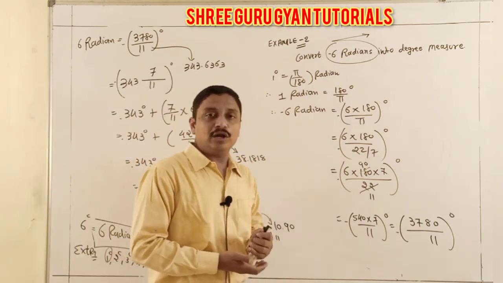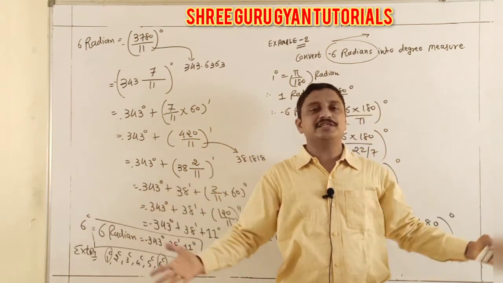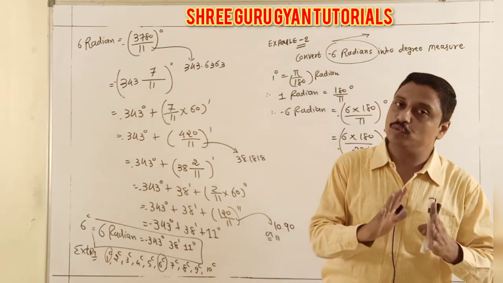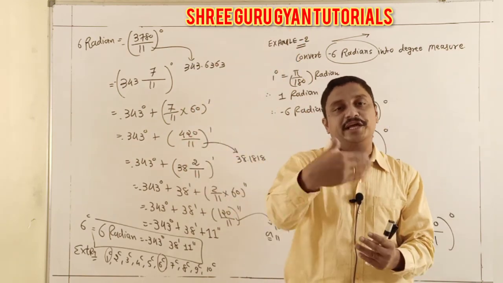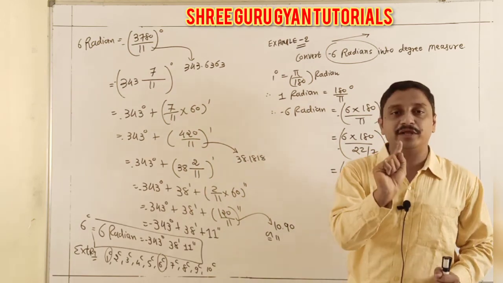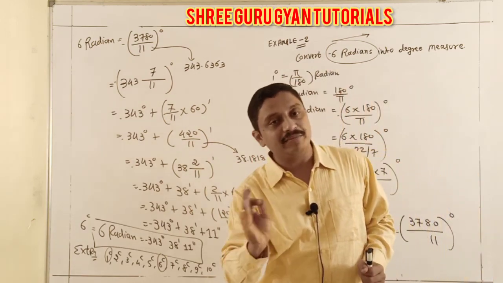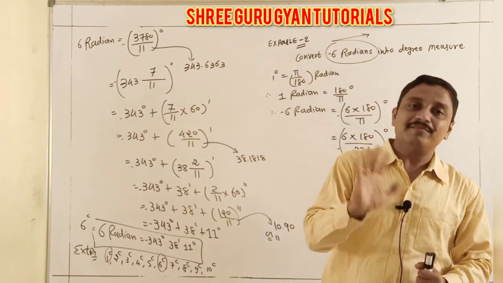Now here only one topic I completed, students. There are many topics in trigonometric functions, so don't worry about that. I will explain our unit circle again in the next part. Okay? And this is the main point: today I explained only our degree and radian measure. After that I will again explain one more part. Okay? Bye bye. See you.